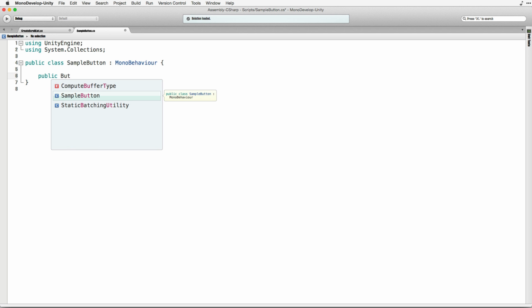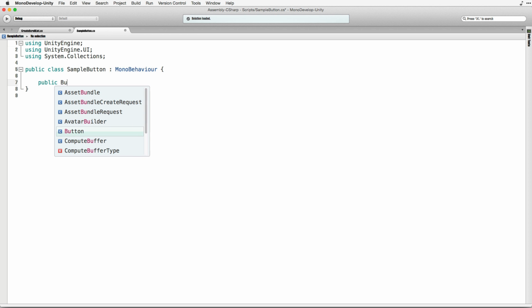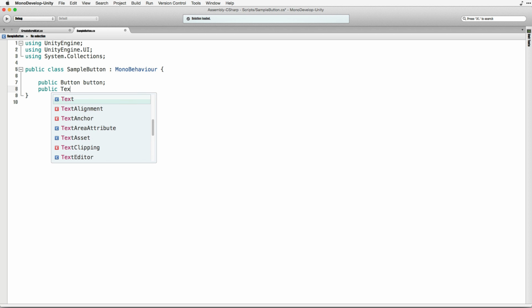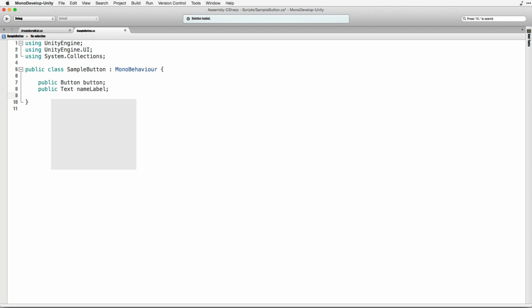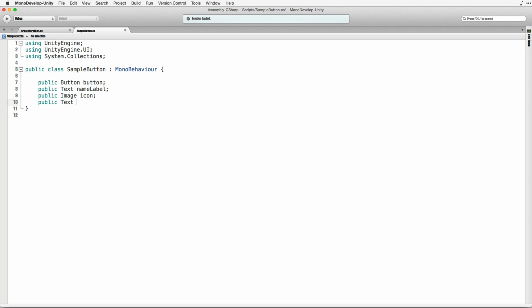We want the button. We're going to need some namespaces. Sorry, because we're not going to find Button. We're going to need using UnityEngine.UI. So there we've got our button. And so we're going to take a reference to our button, public Button button, and public Text, our name label, public Image, our icon, public Text, our type label,